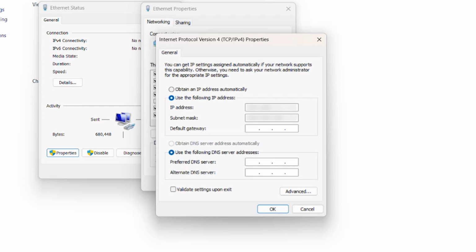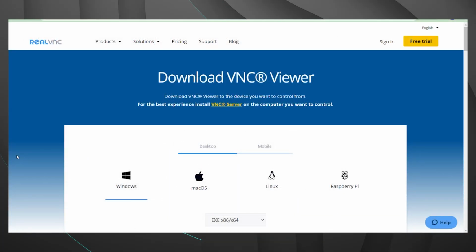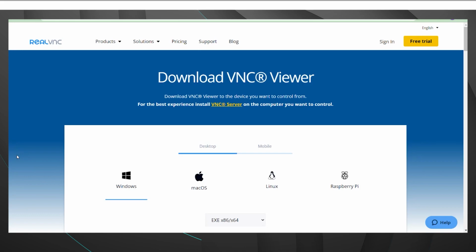What I'll do is add a link in the description that will take you to the corresponding webpage. So we just clicked through the link that was provided in the user manual for the Axos systems, and it did take us to the real VNC download page for the VNC Viewer. You can see right below the desktop and mobile icons, you do have several different options. Go ahead and select and download the appropriate one. And now let's take a look at the VNC Viewer.